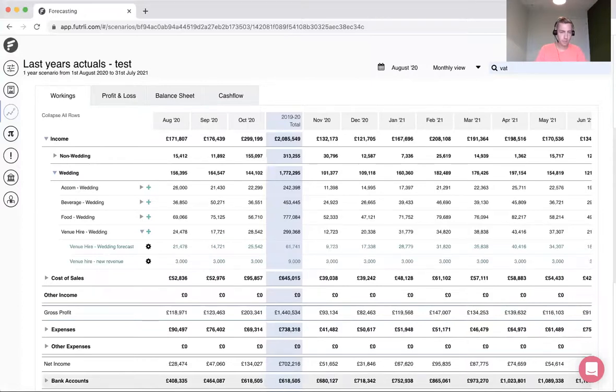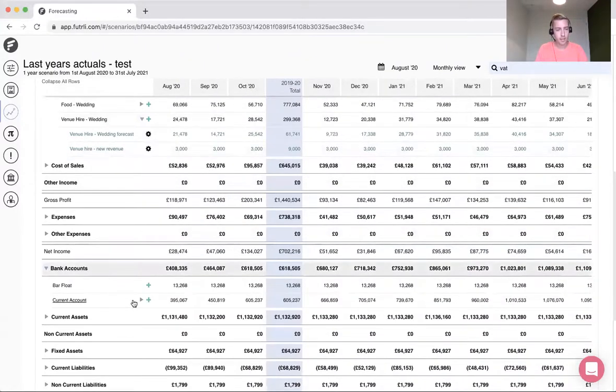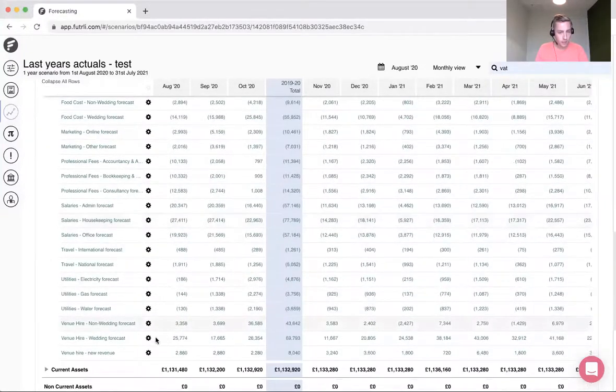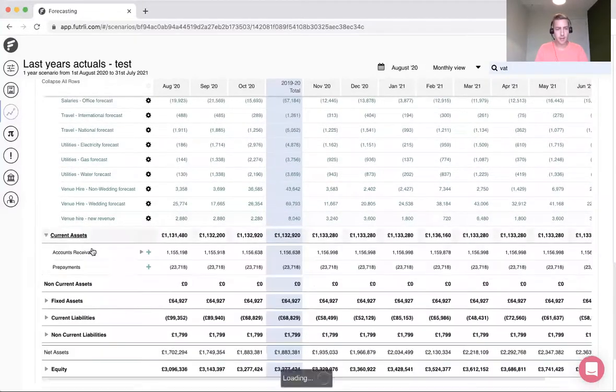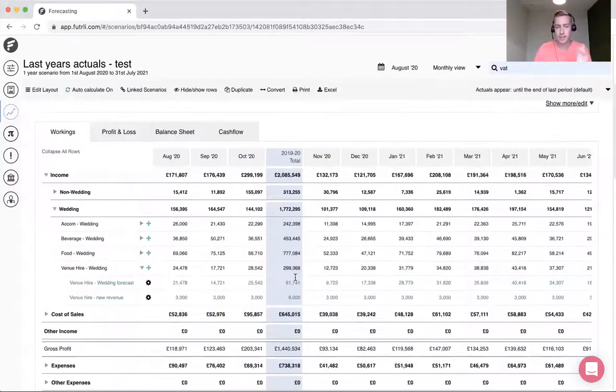Cool. So we can now see that 3,000 repeating through on the P&L. If we then went into our balance sheet, we'd also see it in here as well. So it was called venue hire, wasn't it? New revenue, there we go. So hitting our bank, I think. And you can also see it in our current assets in our accounts receivable, working through there. So that's the first method. That's the